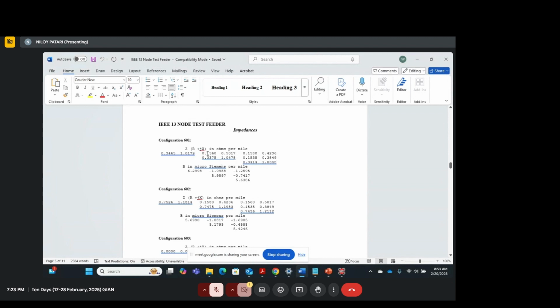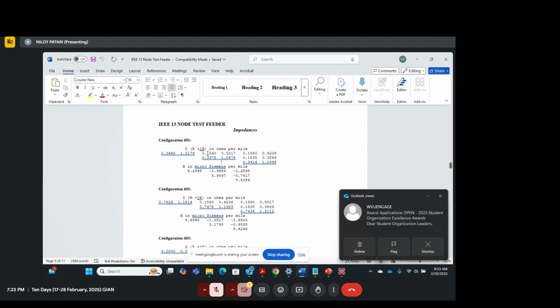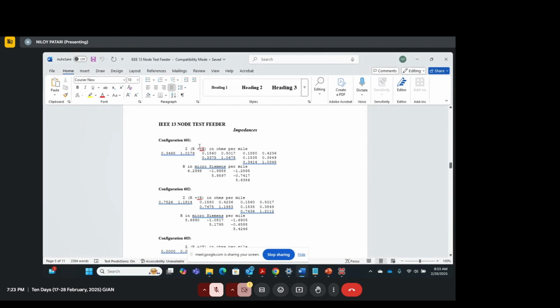So basically, 1,2 equals 2,1, 3,1 equals 1,3 and all of that. But basically those two nodes are connected by 601 over 2000 feet of length, right? So you get these R and X values and then just multiply that with the feet. Now it's per mile. So